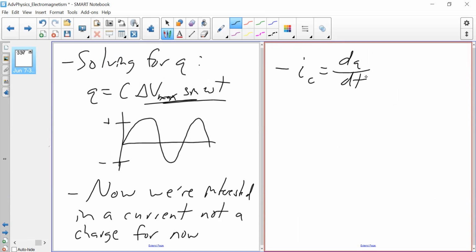The result of that will be an operation of the chain rule. I'll just give this to you. Take one omega out of the sine function, and then that'll be C delta V. The derivative of sine omega t will just be positive cosine omega t. And so this is how the current through the